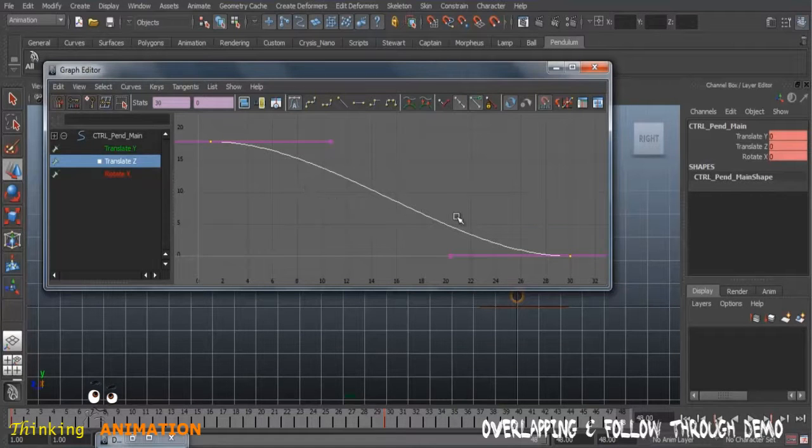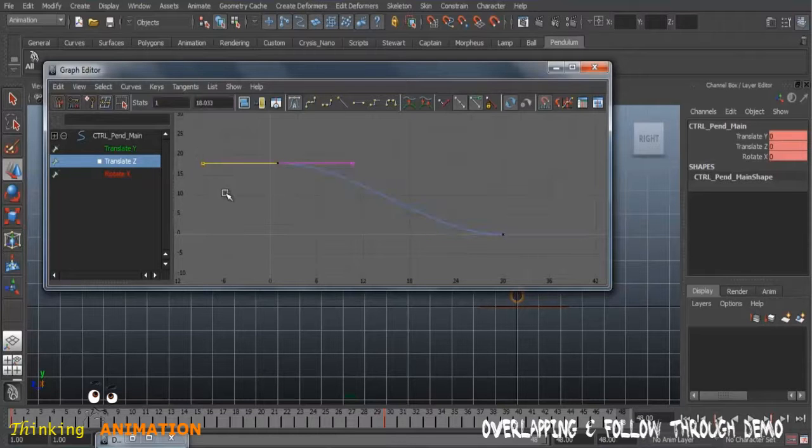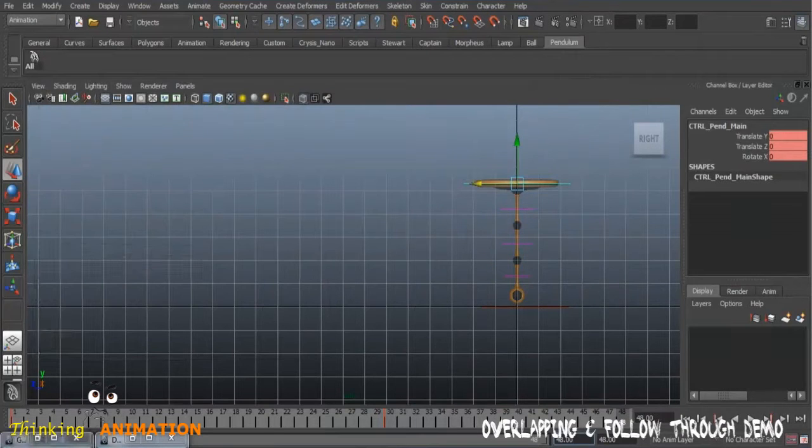And if we take a zoom in, if we select this control, first of all select both of them, press the Shift key from keyboard, select this side and select the same side on this keyframe, and press the W key from the keyboard, holding down the Shift, move to either left or right, and this way we can increase the curve. That means we are adding a more slow in or slow out. You can see we are adding actually more ease in or ease out here by just moving them around. So I'm going to add more ease in and ease out, and if we take a look at this